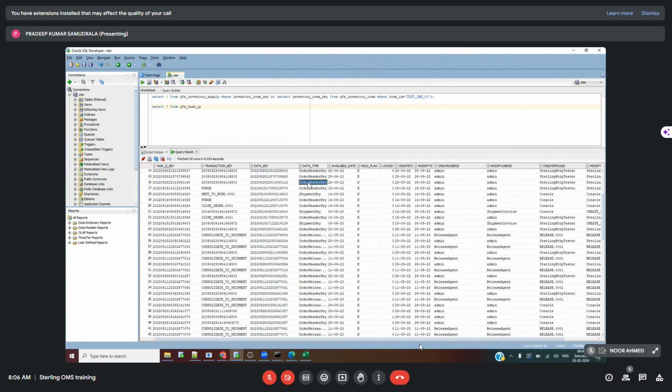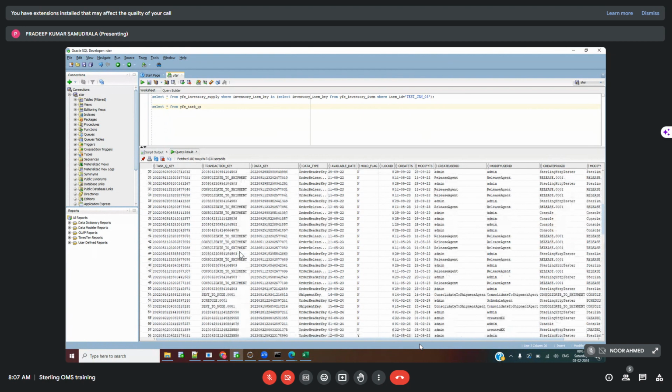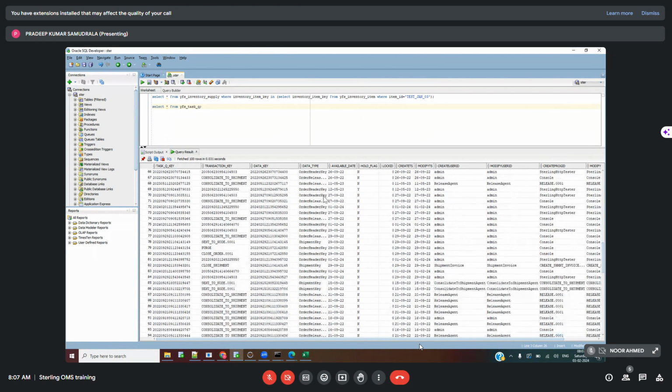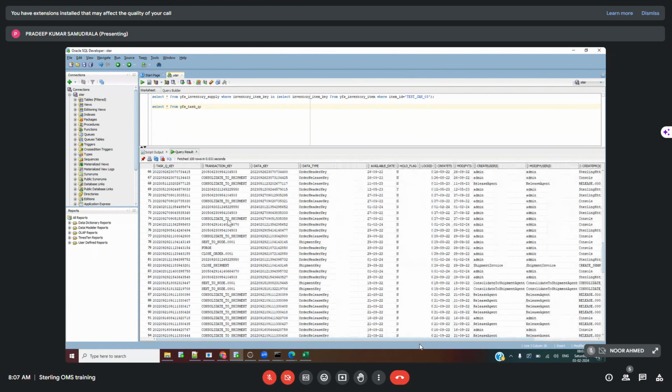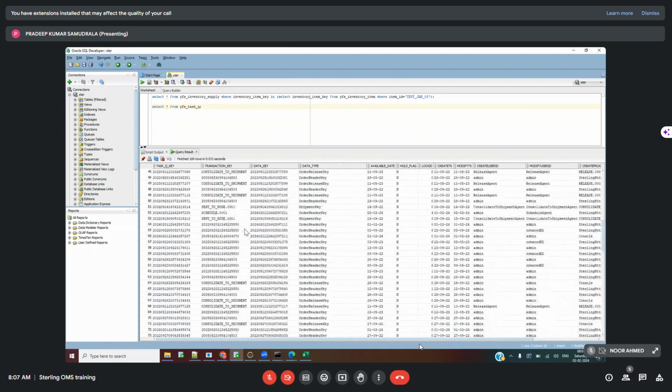Data key is nothing but order header key. So for this particular order header key, this particular transaction has to process. For this particular order header key, this transaction. For this particular order. So likewise, any order which has to be processed next,